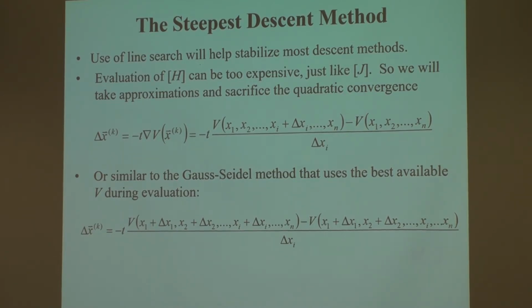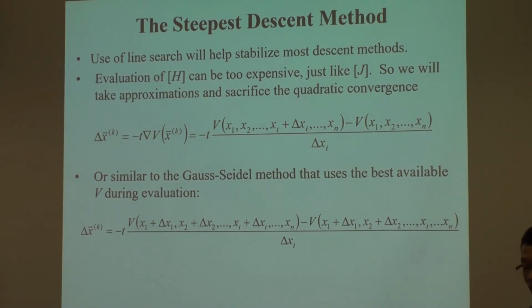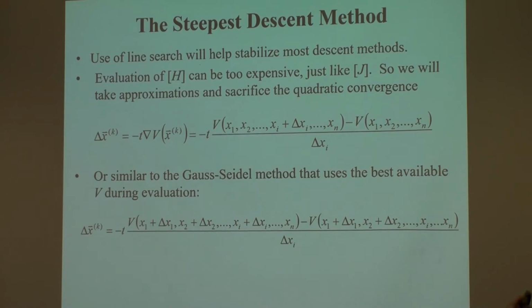Let me rephrase that. Because this is steepest descent, I don't want to form the Hessian, so the only thing I can do is evaluate V. What I'm doing here is taking the difference by perturbing each individual variable. When it's a positive number, I search in the negative direction. When it's a negative number, I search in the positive direction. So this is for perturbing each independent variable, knowing the difference, and deciding to only search in the direction of that change in your xi.